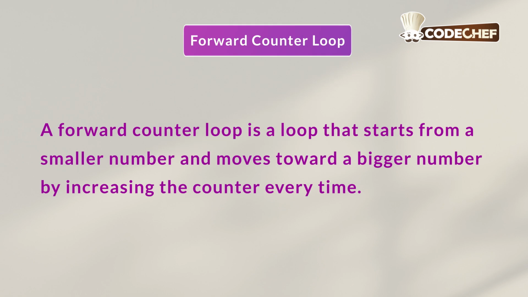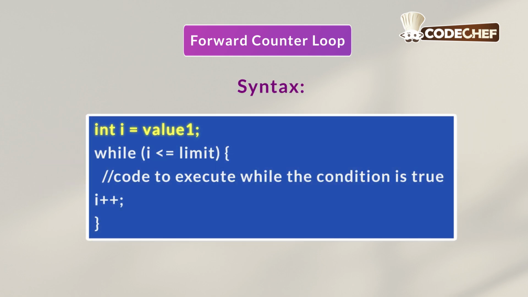A forward counter loop is a loop that starts from a smaller number and moves towards a bigger number by increasing the counter every time. Its syntax is int i = value1, so some value that we have assigned to i, semicolon, then while. Now in while, what is the condition? i <= limit. So we put a limit, and as long as the value of i is either equal to or less than limit, the code which is written inside the curly braces will be executed, and after that inside this curly brace